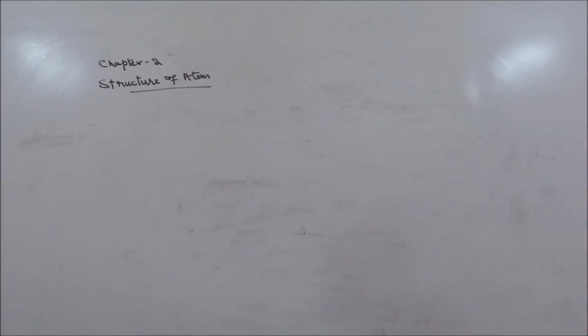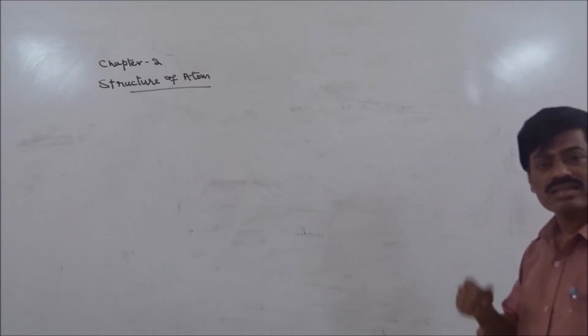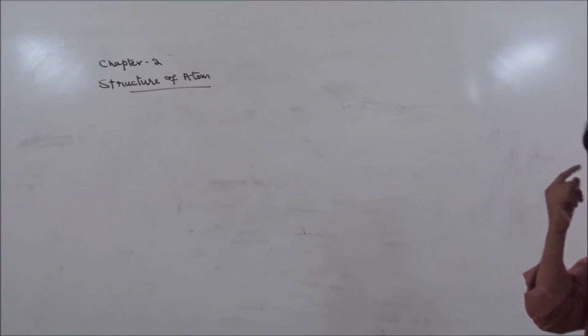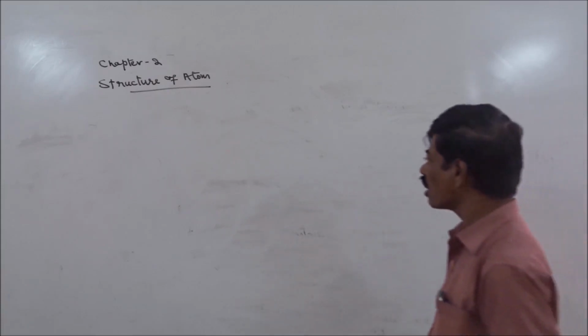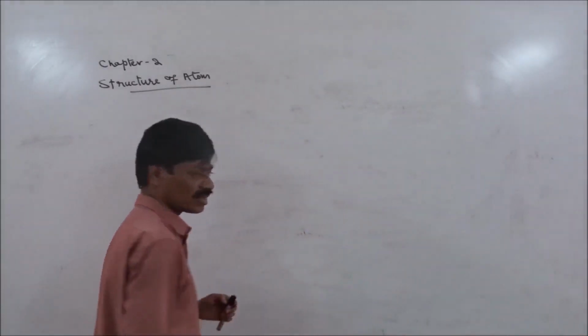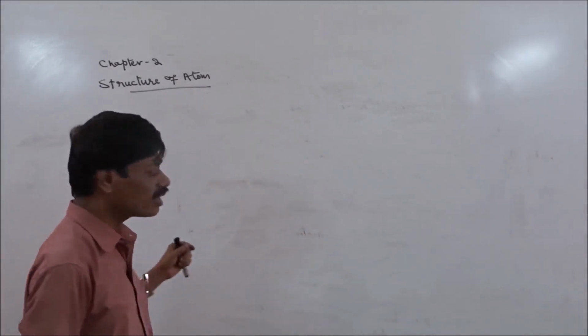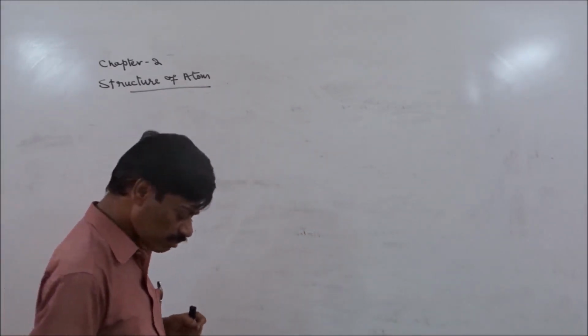When they are passed through the atom, some particles came out of that atom without any deviation, showing that much space is empty. Some particles, after entering into the atom, took a deviation, showing that the alpha particles' charge is similar to the charge possessed by the nucleus of the atom. So naturally repulsion will take place because both have the same charge. Alpha particles have the same charge as protons. So that is the reason why deviation has taken place there.